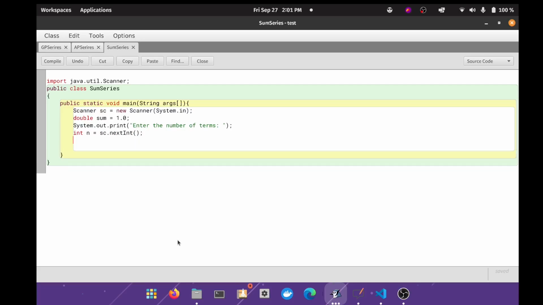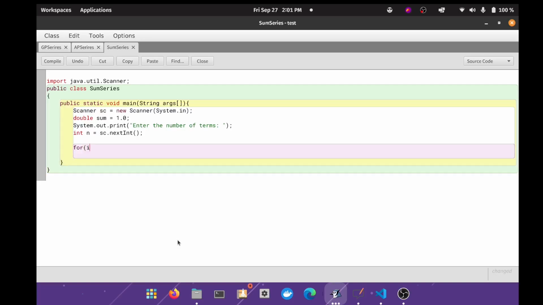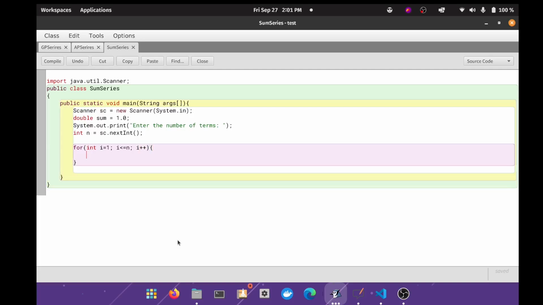I'll take the value. Now I'll say for int i equals 1, it goes till n. Every time it will be incremented by 1. And now I'll say sum plus equals 1 by 2 into i,